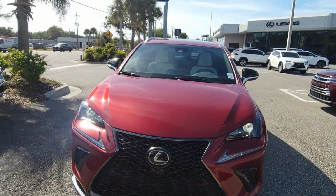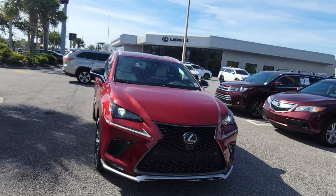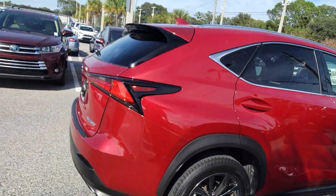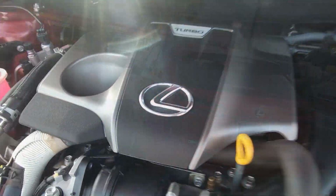This is Drew with Lexus of Jacksonville introducing our certified pre-owned vehicle of the week. This week features our 2021 Lexus NX300 F Sport. This Matador Red NX has only 31,369 miles and has been marked down to sell at